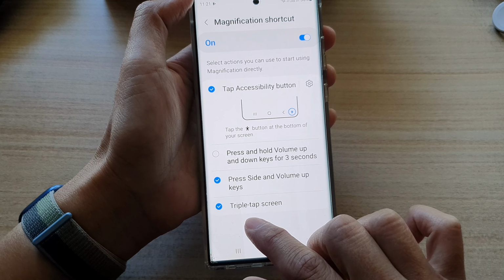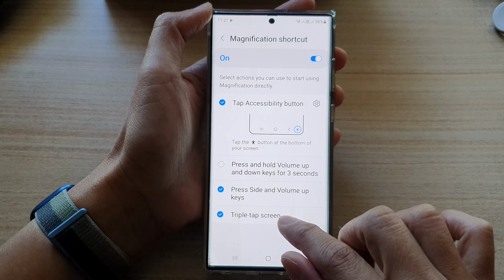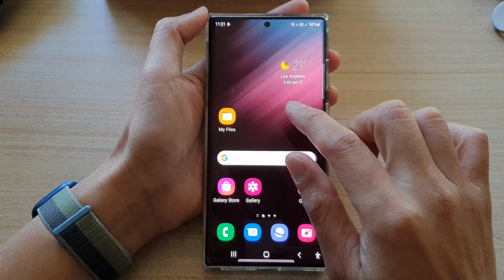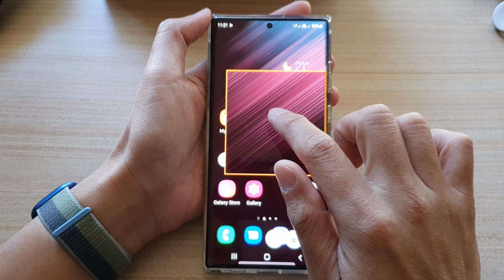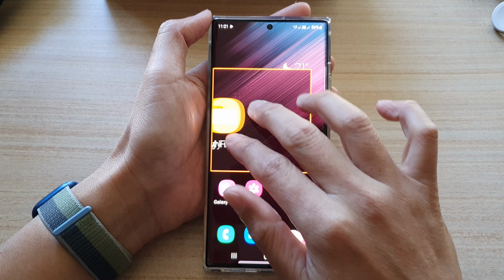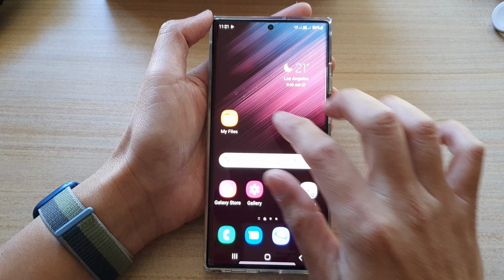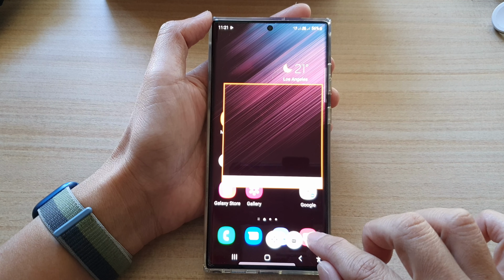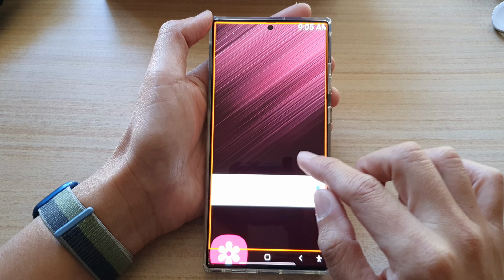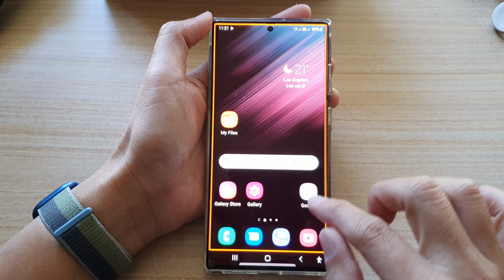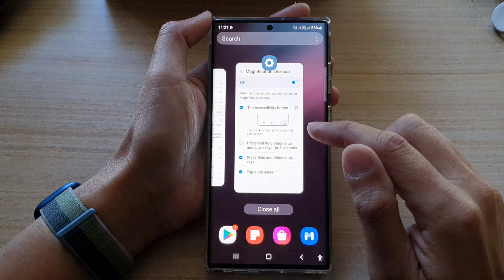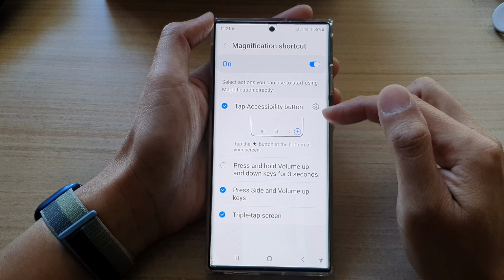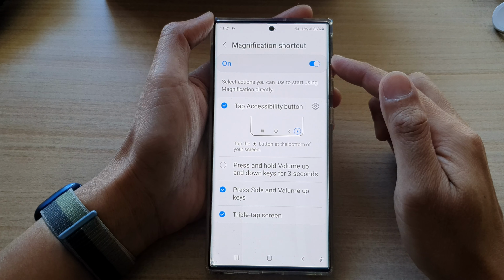And the last one is the triple tap screen shortcut. So I can triple tap on the screen, and this will allow me to turn on zoom. Or I can triple tap to switch it off. I can expand the whole screen, or I can zoom back in. And that's it. So those are the 4 different ways how you can turn on or turn off magnification on